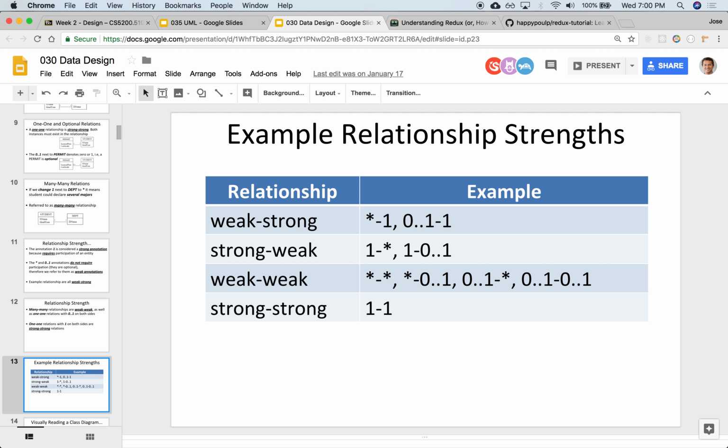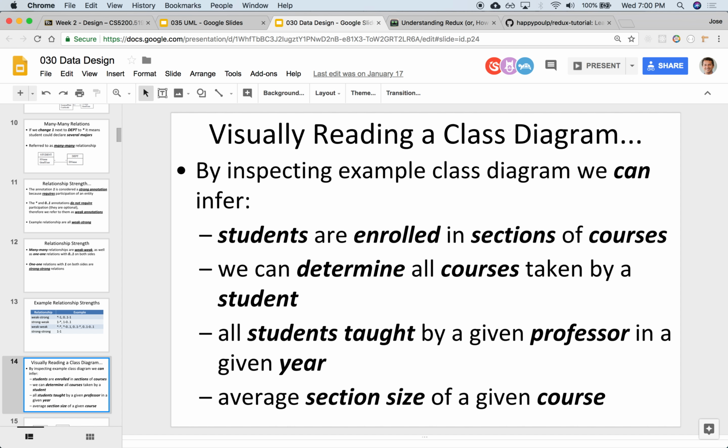And there might be multiple. So these are one of the more common ones: weak, strong, strong, weak, weak, weak, strong, strong. So again, some jargon. All right. So again, class diagrams allow you to very visually be able to start seeing if your class